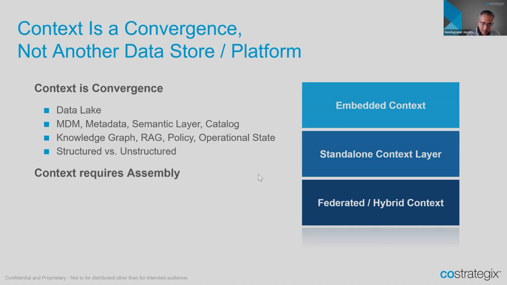The standalone context is really an enterprise deciding that there are tools available in the market that they can go after, and they will not replace but will leverage your existing footprint, using that to infuse the context and work hand in hand with those existing systems. The third one is the federated hybrid context. This is where the world will most likely go because there are some constraints in an embedded context. You may not be able to do everything you want.